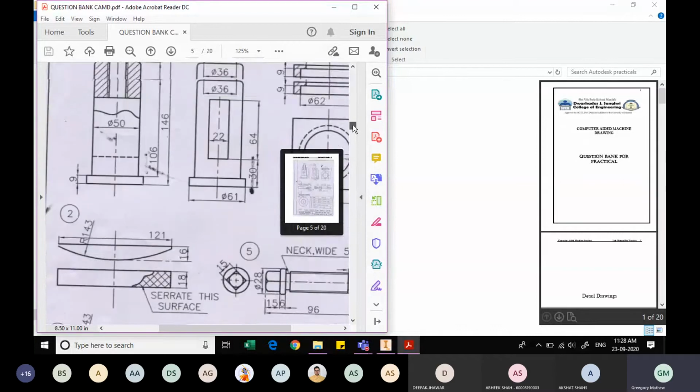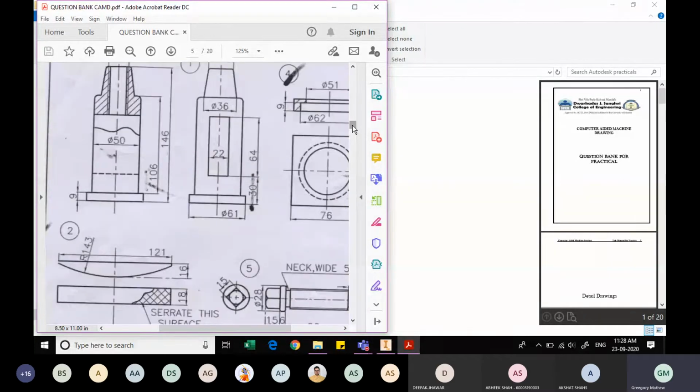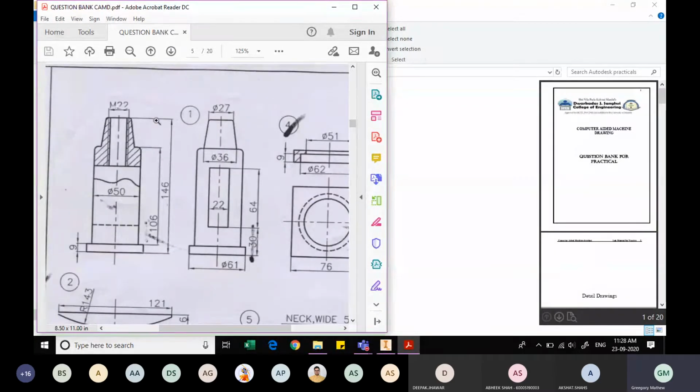Okay, so I hope the drawing is visible. We have completed the rectangular slot. Now we need to complete this threaded hole. The outer diameter of the threaded hole is 22 mm. So we will draw a circle on the top face of this tapered cylinder. The diameter of the circle should be 22, and we will extrude cut it downwards so that it meets the